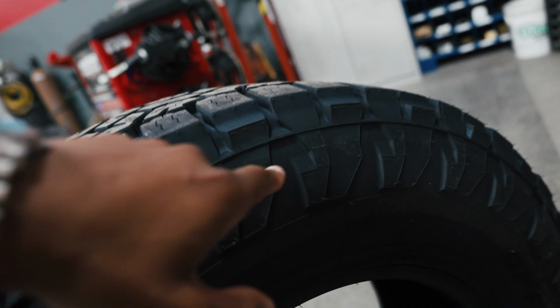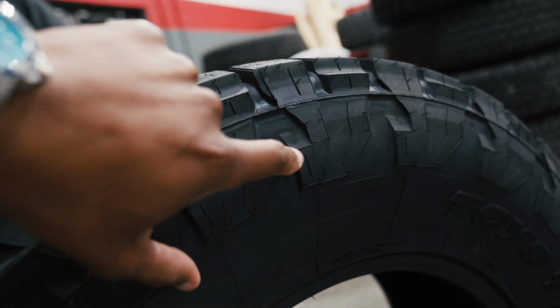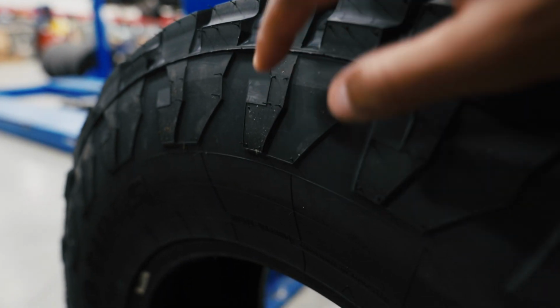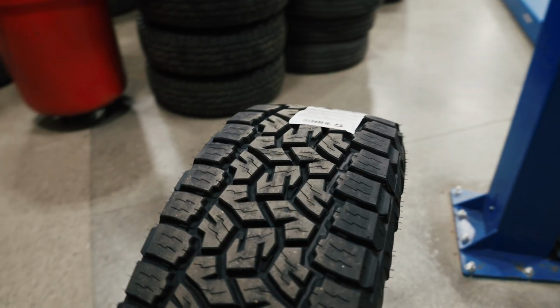So if you look at this tire, there's no lines right here. And you come here on the other side. Well, I'll just show you guys on the other side here. See, look, you got this line right here. Come to this side, there's no lines. Very interesting. It kind of makes you question, why did they do